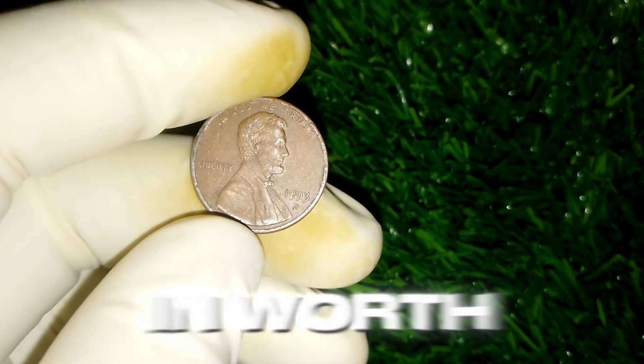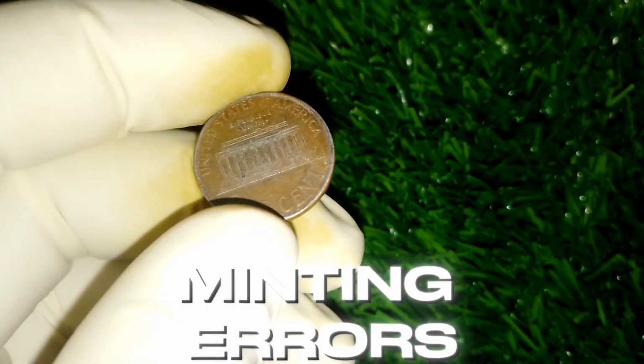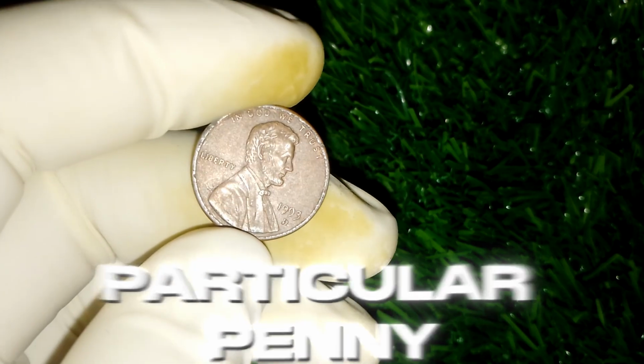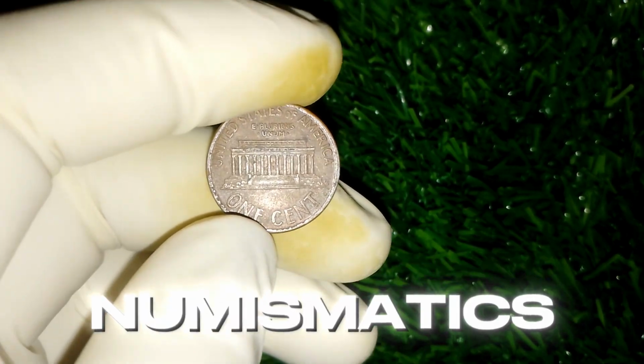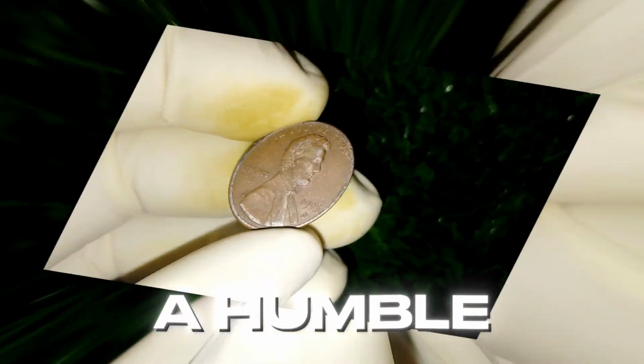And this huge leap in worth is the result of an incredible combination of history, minting errors, striking mistakes, and rare conditions that have made this particular penny one of the most sought after in the world of coin collectors and numismatics. So let's take a long journey into every little detail that explains how such a humble coin could